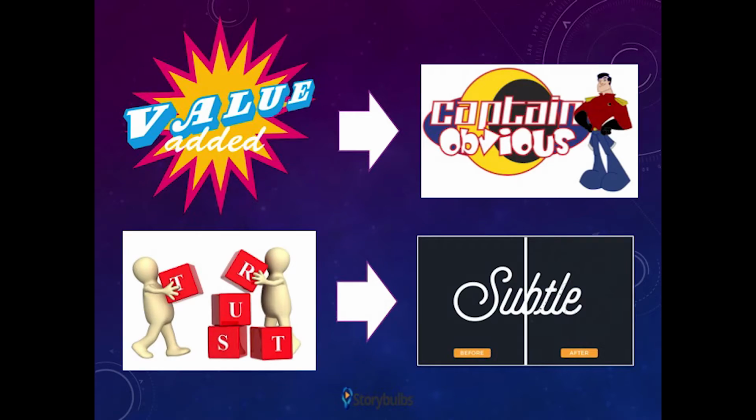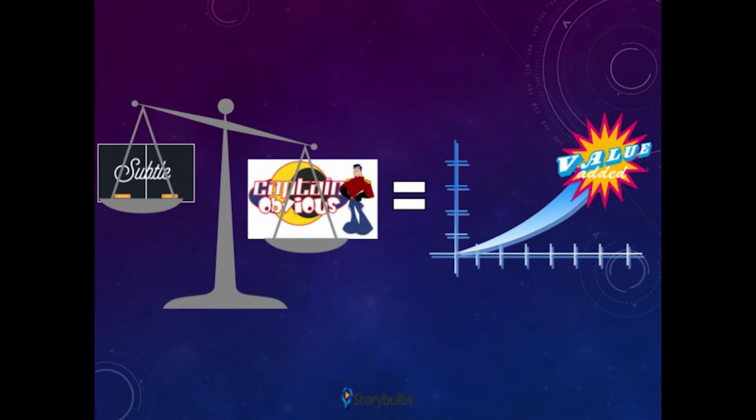Now that we have an understanding of engagement, value, and trust with obvious and subtle elements, let's talk about specific audiences. Right? I want to create this video for a specific audience. Let's talk about a customer that you have a lot of trust with, that they know you, longtime customer. What do you want to give to them? You want to give to them value, right? You want to increase their value from that video, and a lot of value. So increase the number of obvious elements. That obvious elements are going to be data-driven, something you know about them that they're going to want to watch and get something out of.